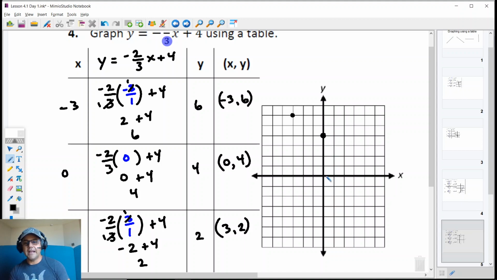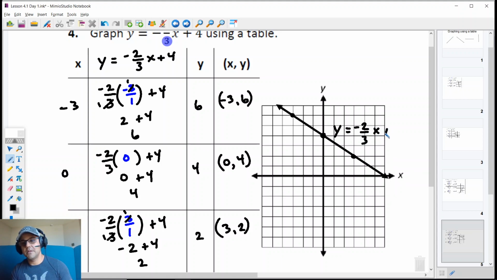3, 2, x is first, so that's right 1, 2, 3, and then y is second. It's a +2, go up 1, 2. Awesome. Again, you could do the exact same thing on your own extension, and then you're going to go ahead and make your line. And again, don't make it too short. Go ahead and extend it edge to edge. Got to make mine just a little bit longer here. And then quick label. Y is equal to -2/3